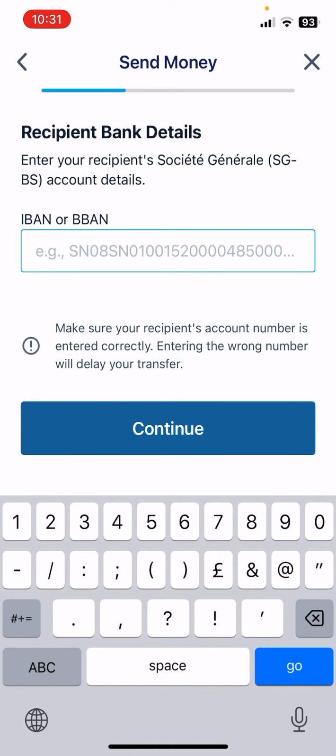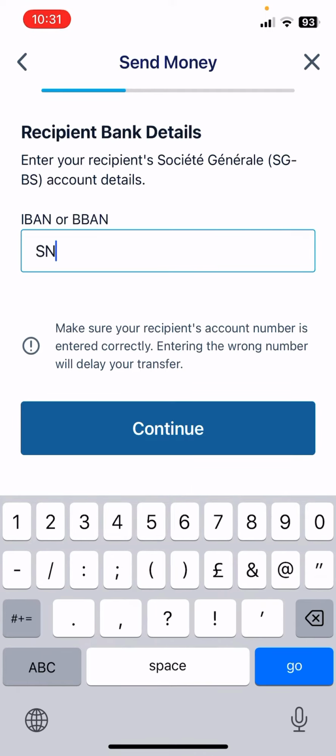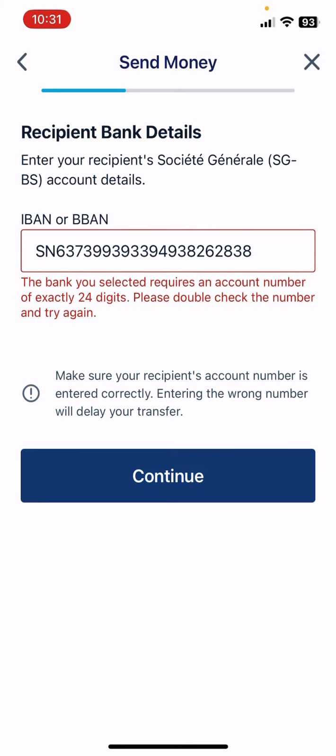Then you have to use the IBAN or BBAN code of your recipient. Now obviously I do not have a real IBAN code here, so I'm just going to try to use a fictional IBAN number. But if it doesn't work, it's okay, because after this there is only one more step, which